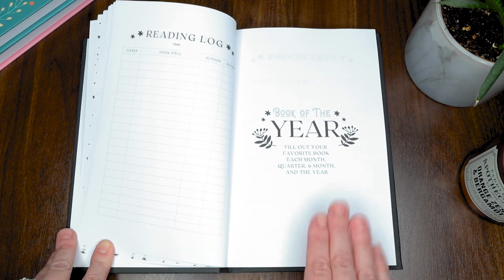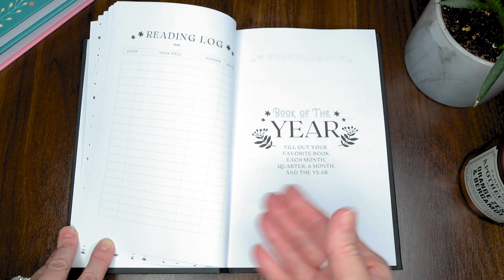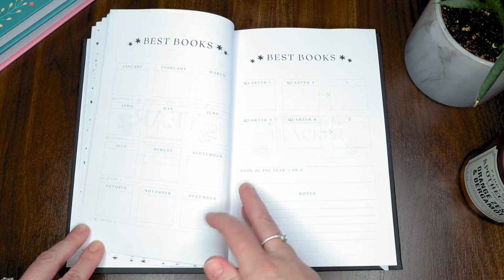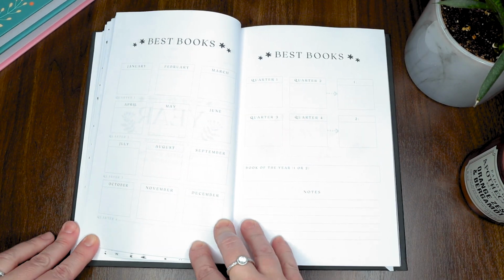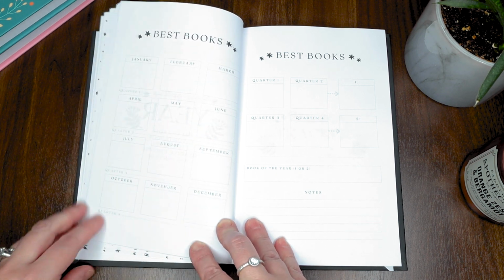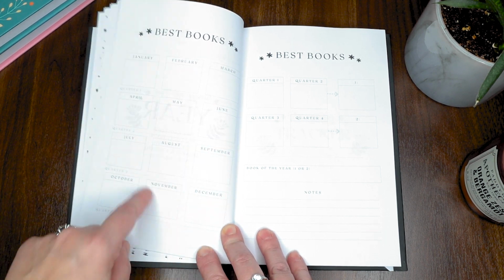So now this section I'm really excited for. This is called the Book of the Year, and it says fill out your favorite book each month, quarter, 6 month, and the year. And it's kind of a system to help you figure out exactly what your favorite book of the year was. And I wonder if you can see it a bit better, if it's not being blown out by the lighting. But essentially, every month you would fill out your favorite book that you read in one of these boxes, right? And then in every quarter, which kind of tells you where the quarter is divided,